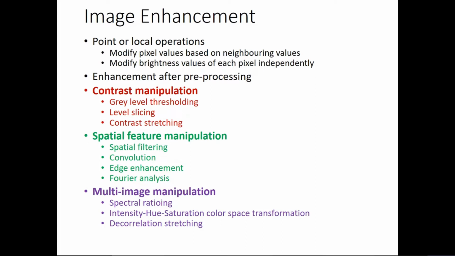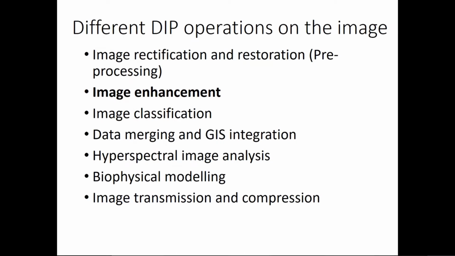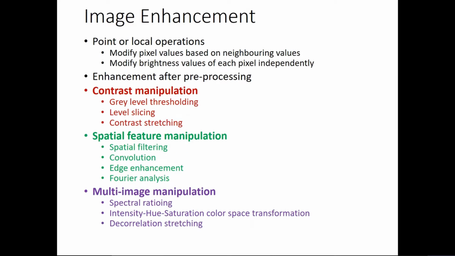So image enhancement is a local point operation, that means you are modifying each pixel one by one, right? We already saw, in the steps of digital image processing, that each of these pixels is fed into the software or the computer one by one, and they are processed. Any of these processes are undertaken on those pixels, and then a new image is made, or a base map is made after the enhancement or after the processing. So this is a point or local operation, which modifies the pixel value.